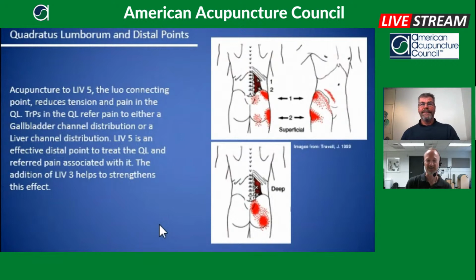Yeah, so we've already kind of discussed liver 5. So when I was talking about the lumbar plexus and those nerves that wrap around, some of which innervates the QL, the subcostal, iliohypogastric, ilioinguinal. Matt, do you know if it's the... I always hear that it's the L1 and L2 anterior division, the anterior rami for QL, or at least I've seen you indicate that. Is that branches off the iliohypogastric and ilioinguinal? Because I know those are L1 and L2 region. Or are they like before the lumbar plexus branches off?